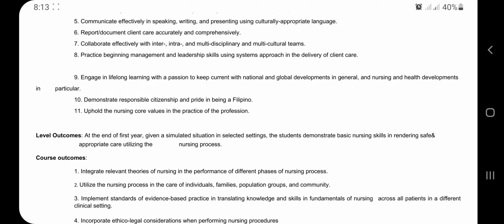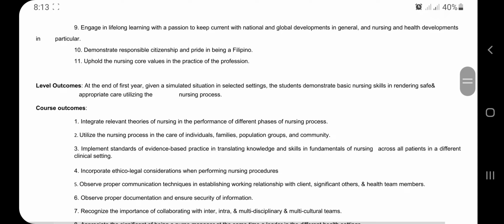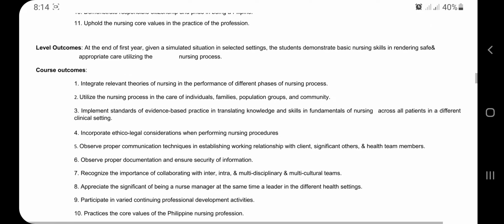and knowledge, skills, and attitude in performing or demonstrating the basic nursing skills to render a safe and appropriate care. Okay, so the course outcomes, we have integrate relevant theories of nursing and the performance of different phases of nursing process. That's why it's very important na hindi nyo pa rin nakakalimutan ang mga iba't ibang theories na na-discuss during your TFN day. So we have utilized the nursing process in the care of individuals, families, population groups, and community,